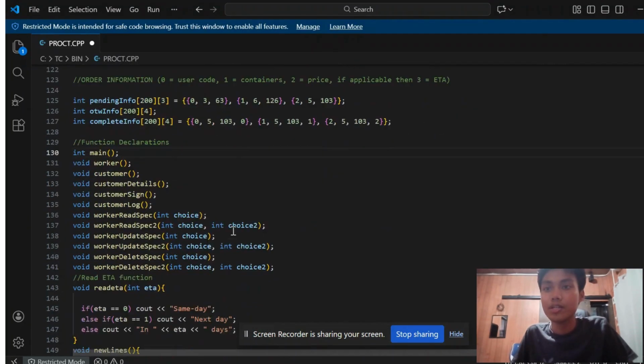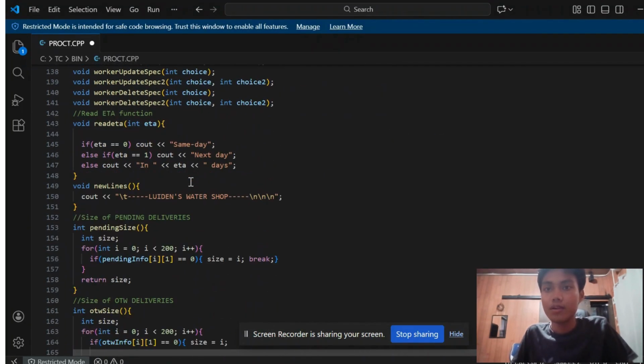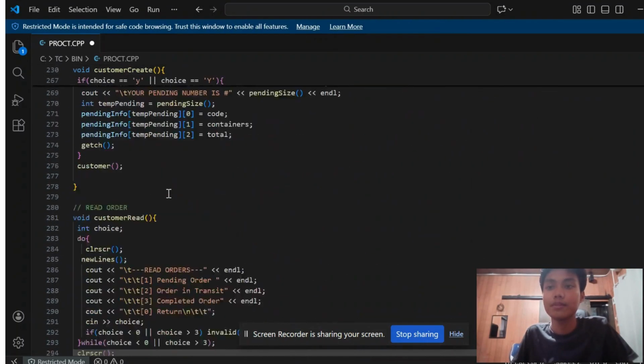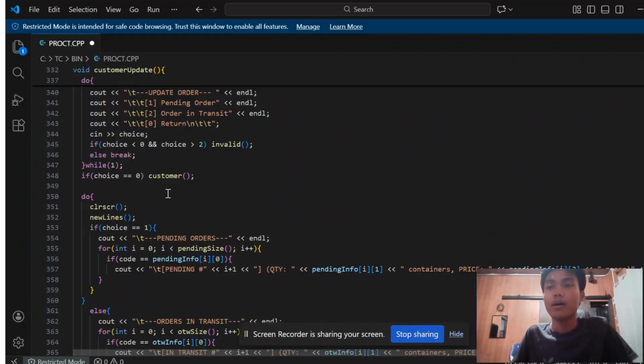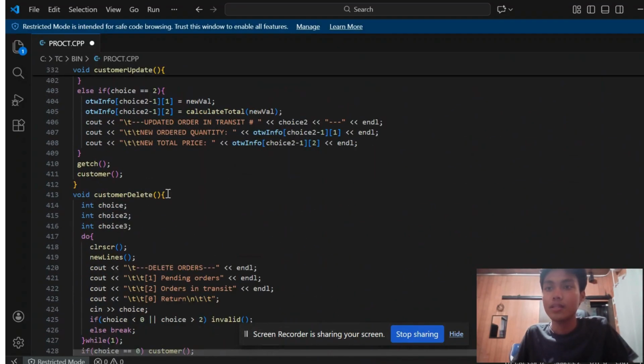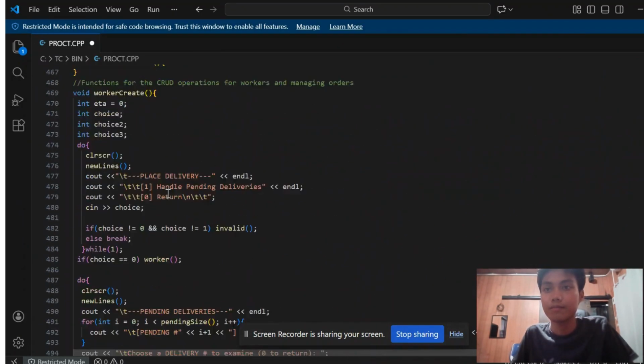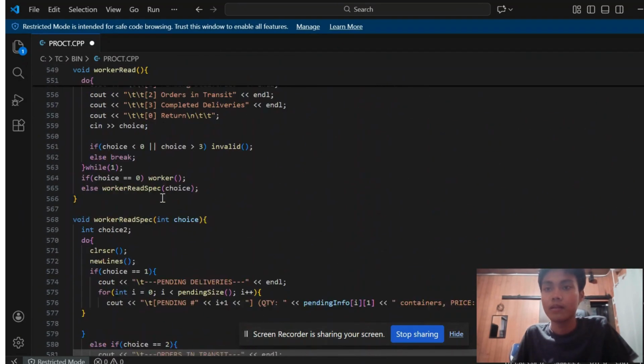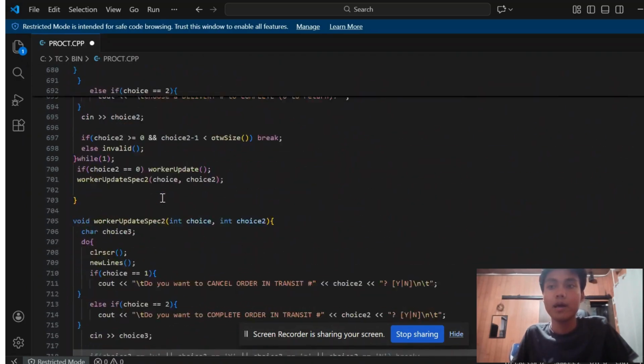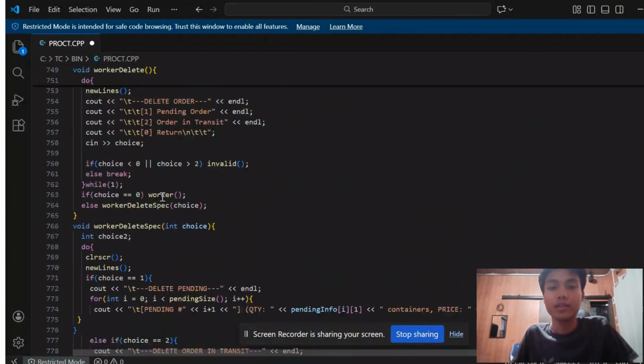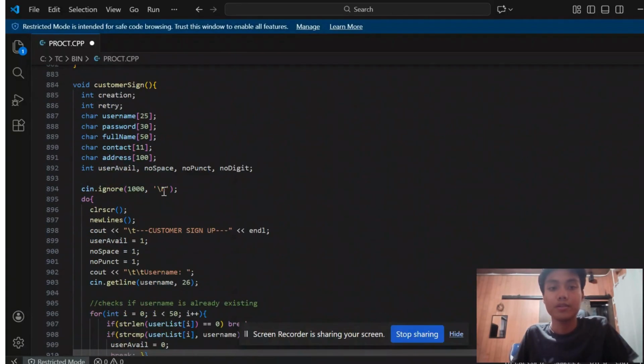Here are the function declarations, and it is very long. This is very long, so I believe that is where my walkthrough will end. This is 1,500 lines after all. This logic has been made by us and only by us, and we did not copy from anyone or use artificial intelligence.